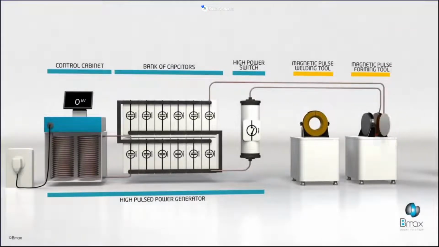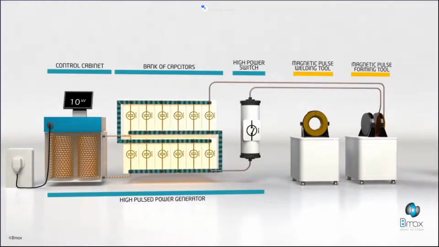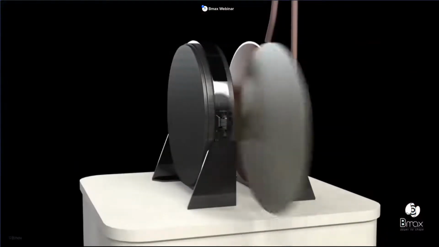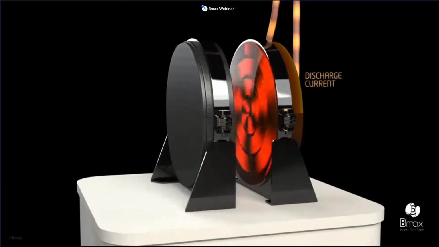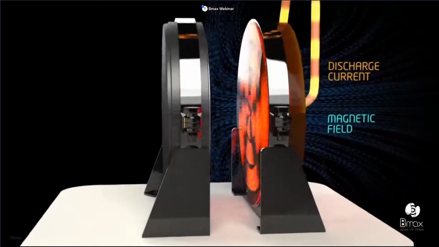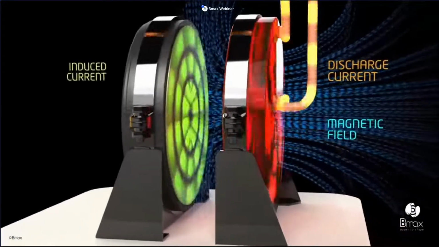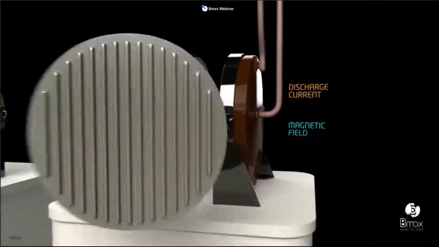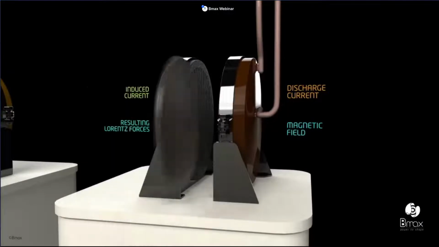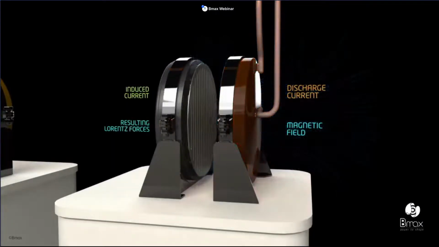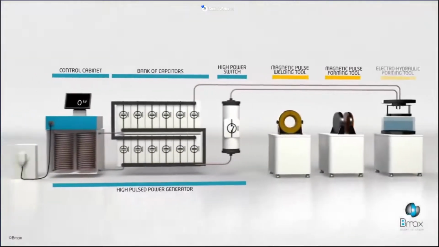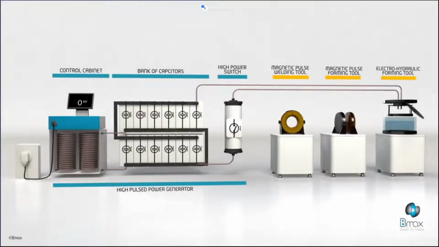We can plug the generator on another geometric coil for magnetic pulse forming. Here it's a flat coil, multi-turn coil. We put a flat blank. And if we change the geometry of the coil, we change the loading. We change the magnetic field. It's like a sculpture of the loading. And we induce the current, and the combination between magnetic field and induced current push the blank into the bottom of the die. It's the magnetic pulse forming process.